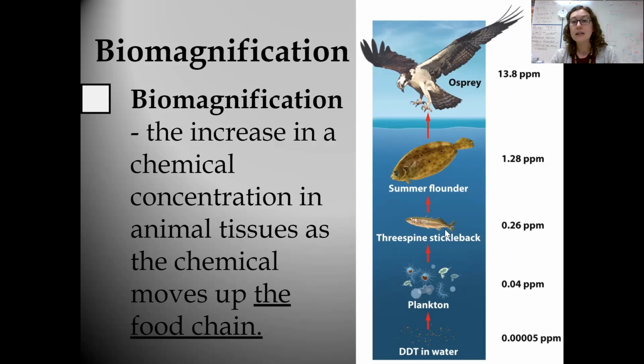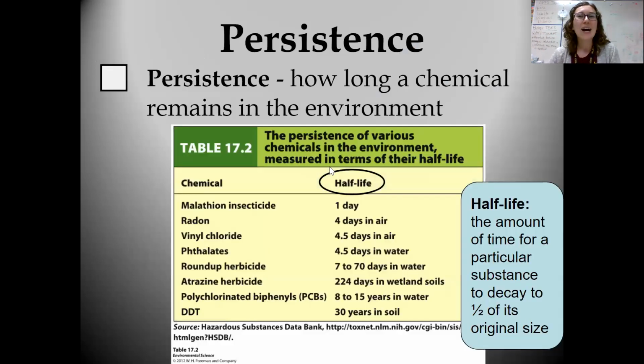This flounder looks like it's eating about 5 of the 3-spine stickleback. So it's getting more DDT. And the osprey is eating about 10 of the flounders. So the osprey, again, because DDT is accumulating and staying in the tissues, when one organism eats multiple of its prey and they all contain that DDT, this is going to biomagnify as we move up the food chain. Hopefully that's all review. Remember the paper clips. Remember that frustrating paper clip lab that you all love so much. Okay, we're getting close to the end, I promise.